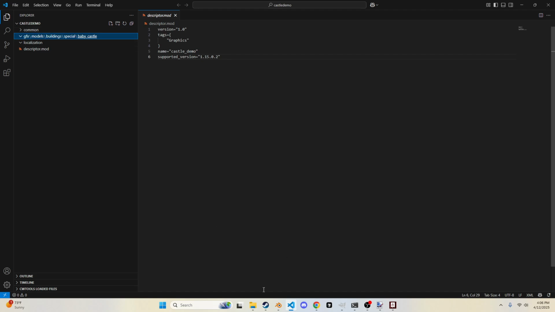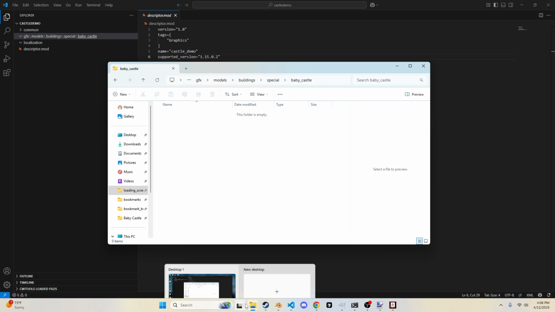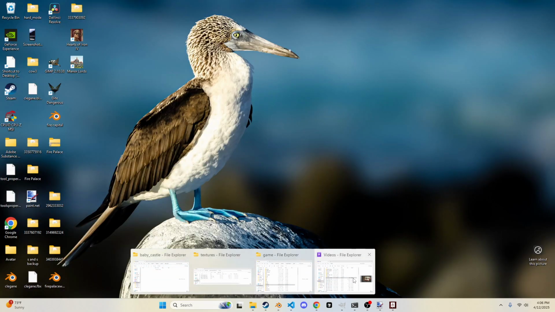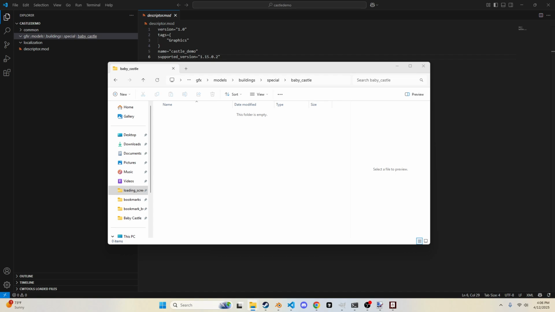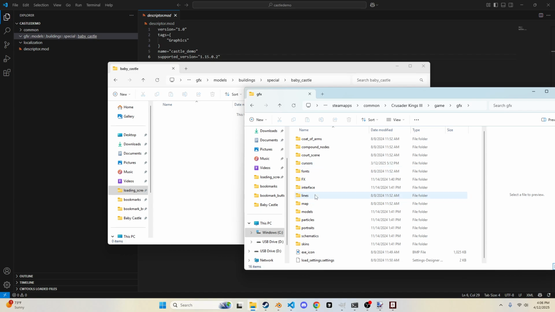So I'm going to go into my mod folder, the Castle demo, graphics, models, buildings, special building, Baby Castle. And then I'm also going to go into the main game folders, graphics, same thing, graphics, models, buildings,